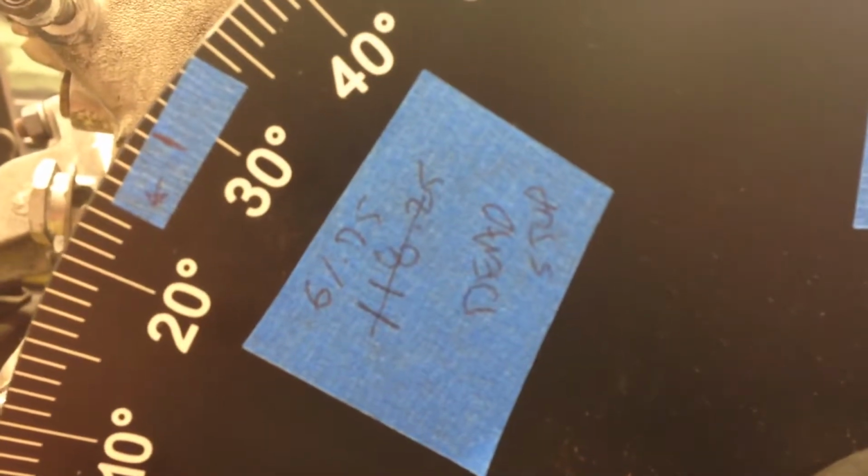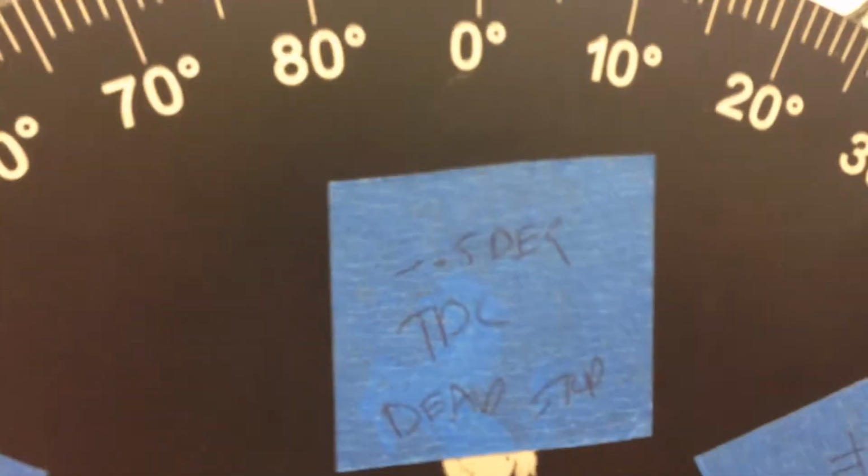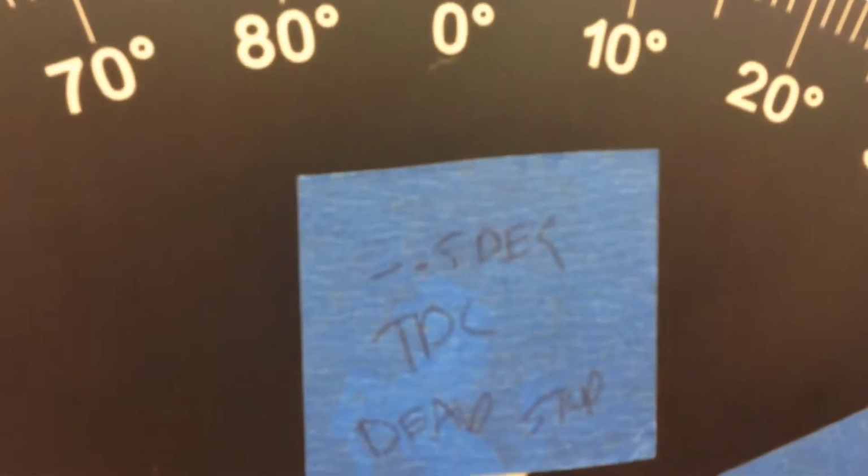So I just went and modified these values here. So it's really 61.75 to the left and to the right 61.25. So that still puts my top dead center, by splitting the difference using the dead stop, at minus 1/2